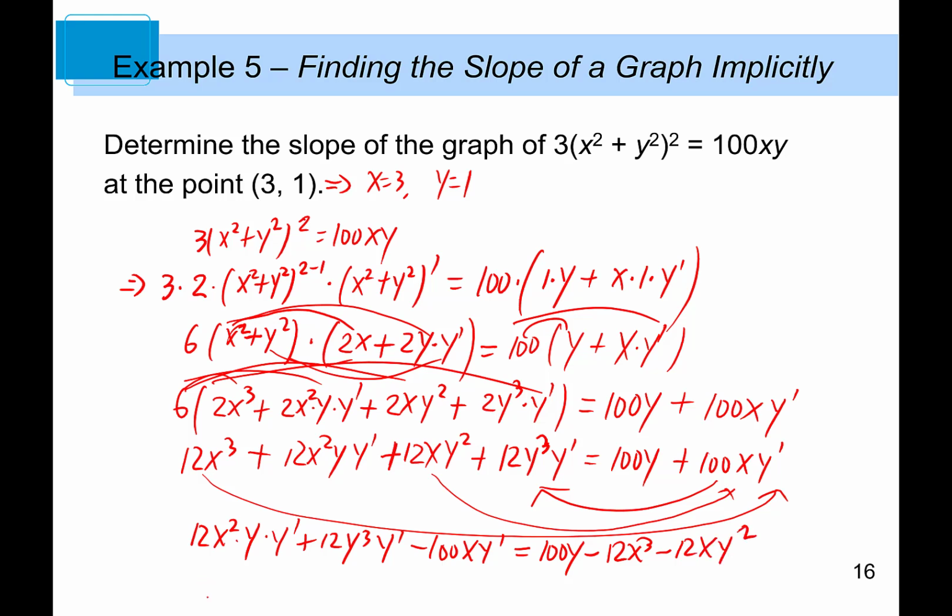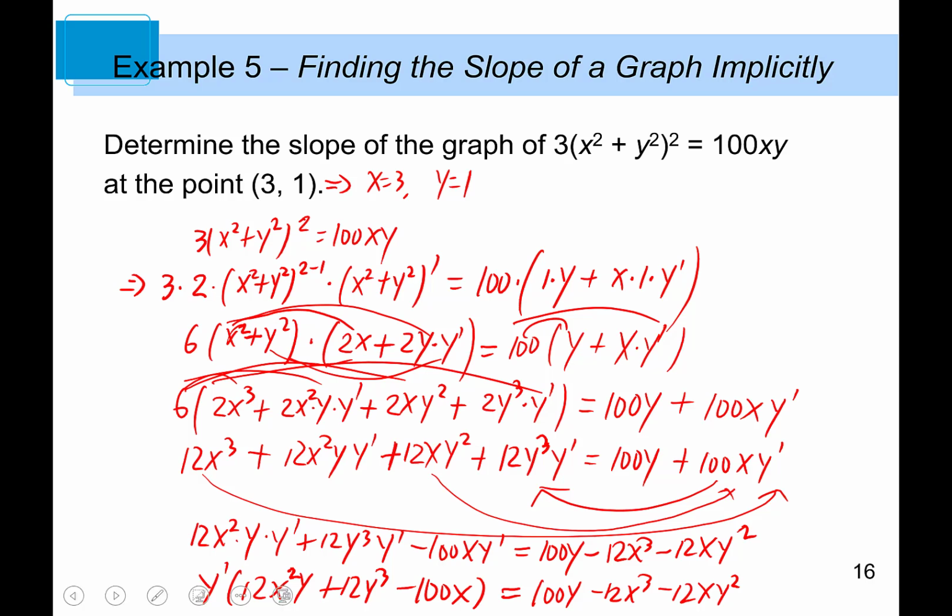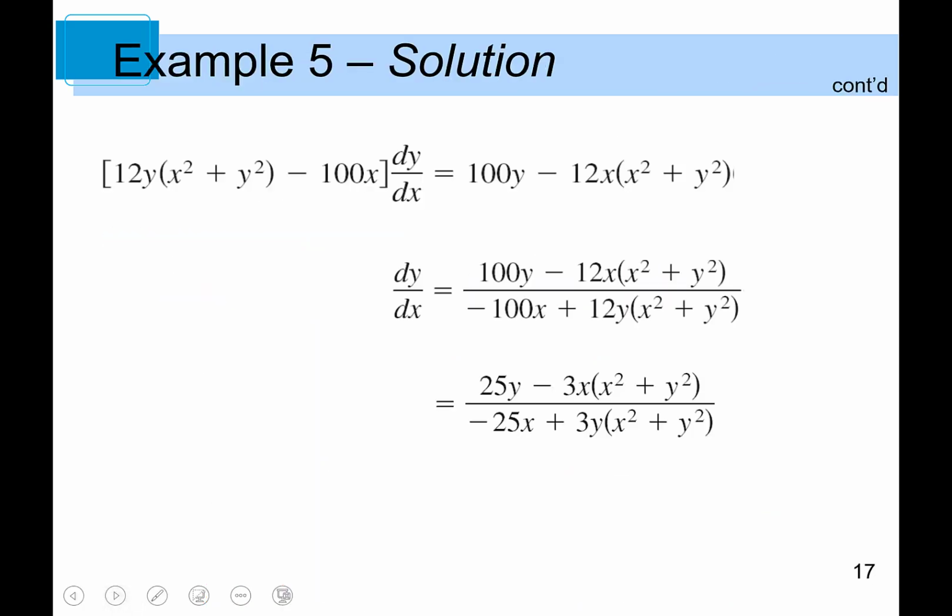Now factor out y prime. We get 12x squared y plus 12y cubed minus 100x. On the right hand side, we're going to leave it like that: 100y minus 12x cubed minus 12xy squared. Then eventually you end up with